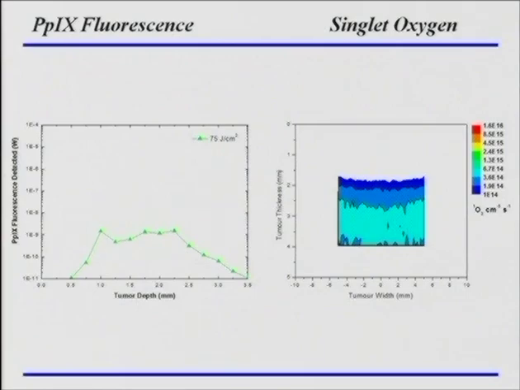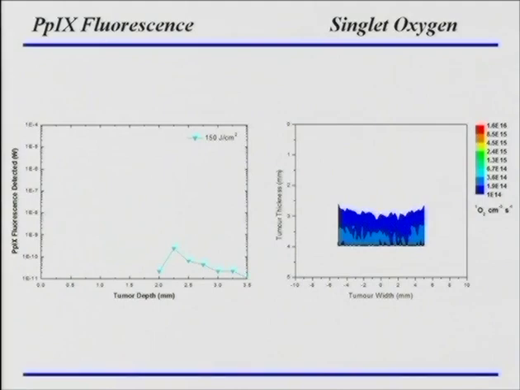Your fluorescence is gone. You can't see fluorescence, but you're still getting PDT. So you get the point. So yeah, fluorescence is quite good, but it's not the whole story. So this to us was a very interesting finding. If you want to wait for 150 joules, you probably should. But again, it depends how deep your tumor is. Virtually no fluorescence, you're still getting some singlet oxygen production deep down within the tumor, which I think is quite